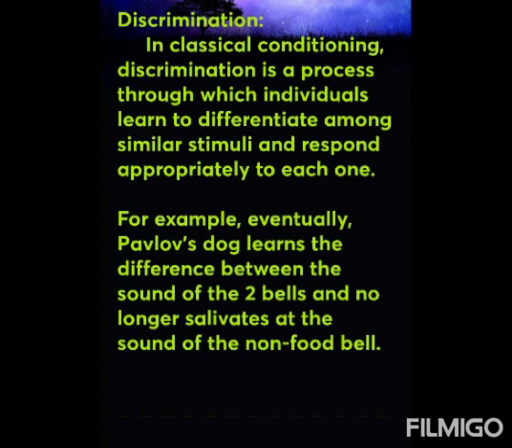If we produce two kinds of bell, one bell is given along with the food and one is the non-food bell. So it starts to differentiate between the two bells and no